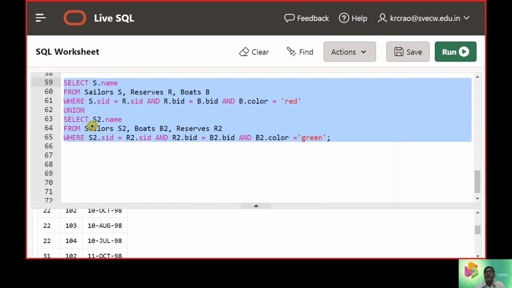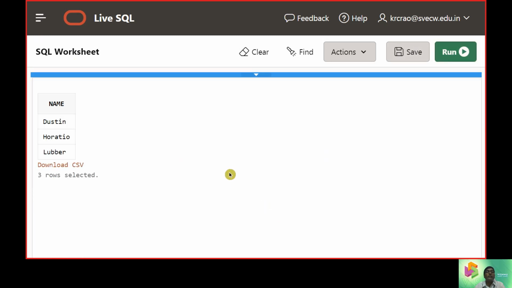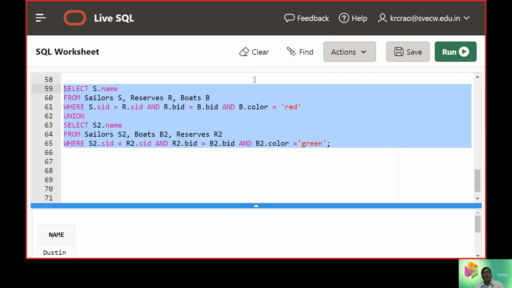So we have query 1 and query 2, then a union operator linking set 1 and set 2. Let us hit the red button to check the answers. Now we have Dustin, Horatio and Lubber.